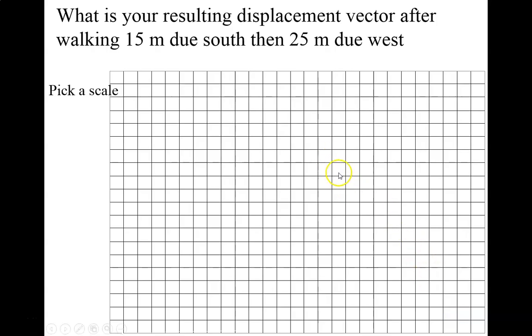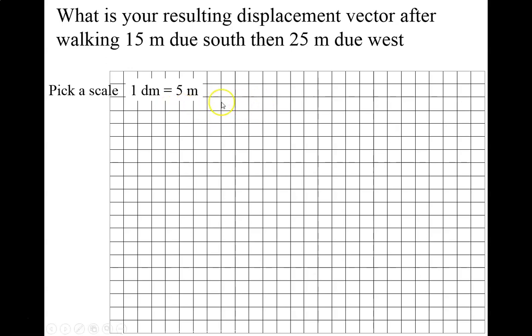So this is an example problem. I'm just going to start. I'm not going to actually finish, but if you were given a problem of finding the resultant displacement of walking 15 meters south and then 25 meters west, with what you have right now, you would pick a scale and